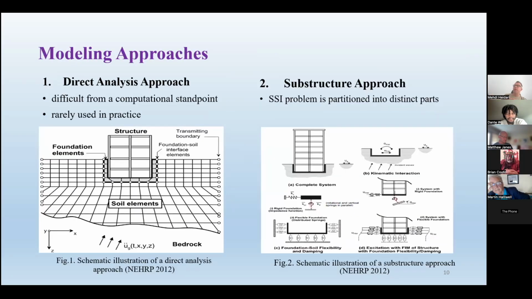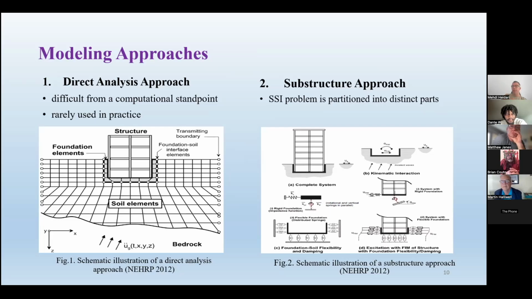These are different modeling approaches. As you can see from the direct analysis approach, we have the structure and the entire soil medium modeled. And as you can guess and see, this is a very expensive type of analysis. It requires too much time to perform. And most of the tools, even if you look at Plaxis, FLAC, or other tools that we can use for these types of applications, the problem is that most of these on the structural side are very limited in